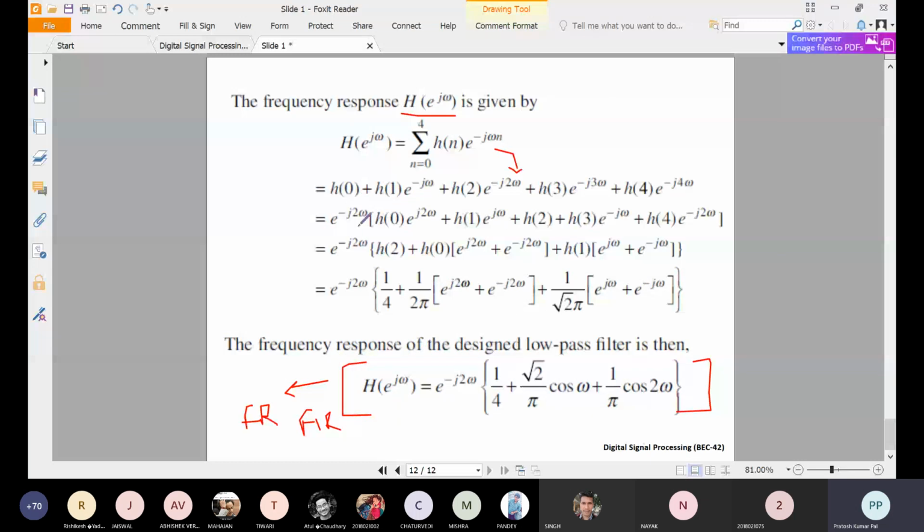This is the method of how we can design an FIR filter by using the window technique with the rectangular window. Here we are considering only the rectangular window. There are different types of windows like Hamming, Bartlett, Hanning, and Blackman windows, and the important one is the Kaiser window. We will see all the windows one by one.